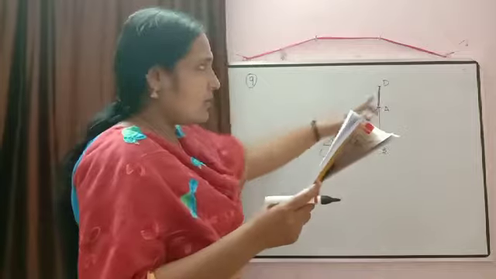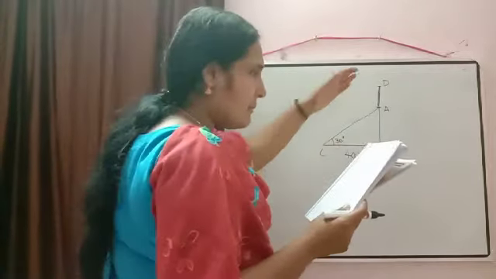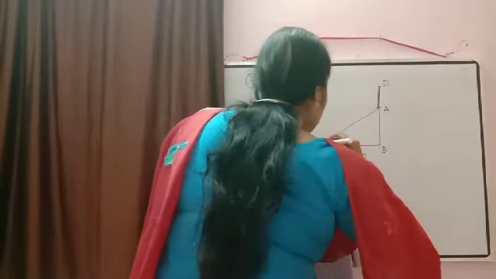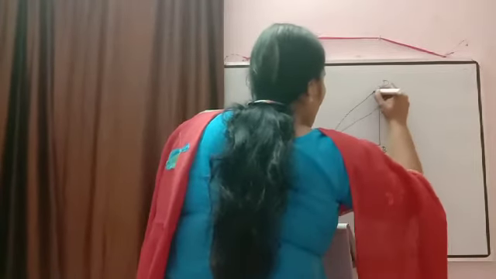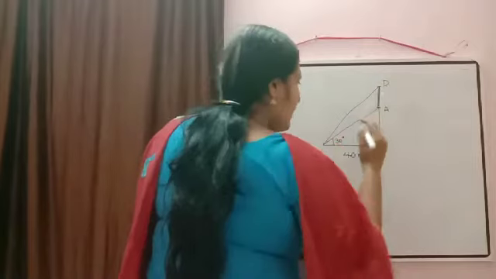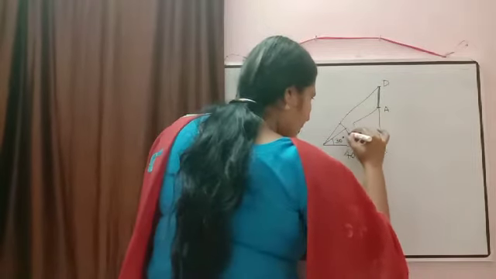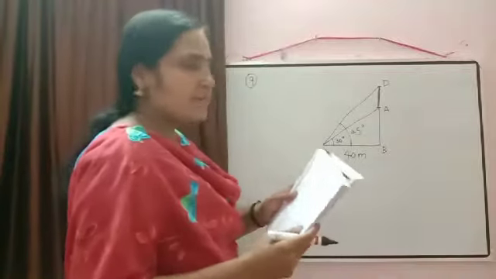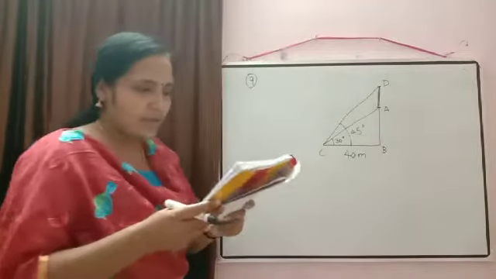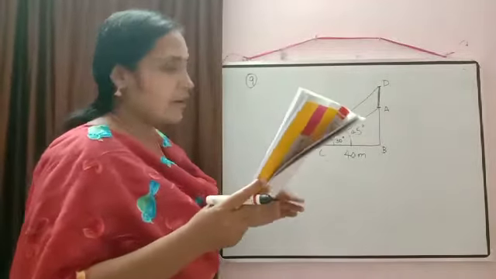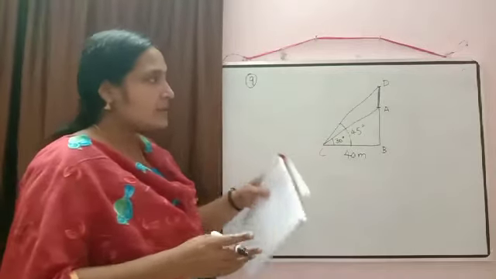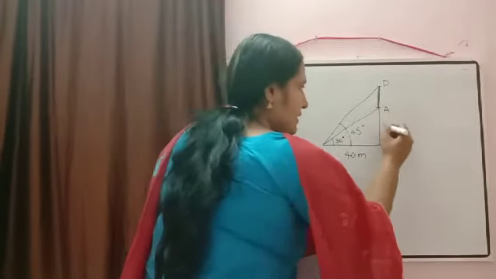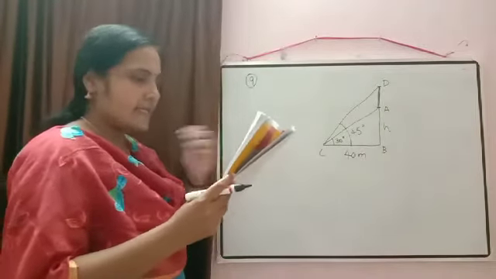Where? From a point on the ground only. So from the top of the water tank, which is on the top of the tower, we have the angle of elevation as 45 degree. Total angle is 45 degree. Now we have to calculate the height of the tower. Which one is the height of the tower? Yes, this is the tower. So that one I have taken as h.